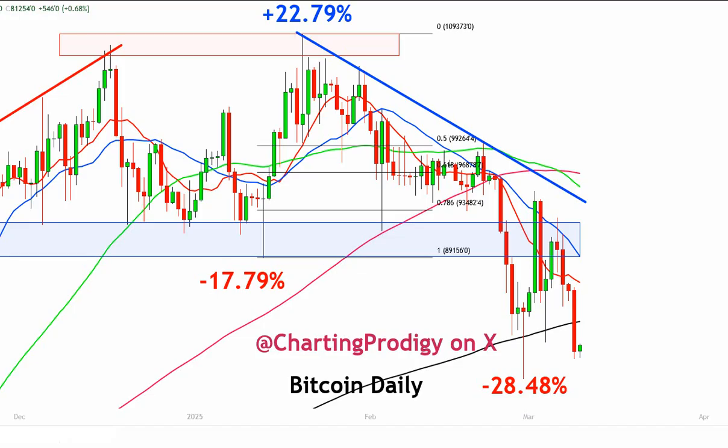We may try to bounce at the support zone. Currently up 0.68 as I'm making the video. We're in the first hour of trading. I'll be watching as we go into next week. Key horizontal support on the S&P, key rising support on the Nasdaq. If they try to bounce, does Bitcoin bounce? Then I'll be watching this trend line on Bitcoin, where we can even exclude the shadow right here as well. But I'll be watching the trend line.